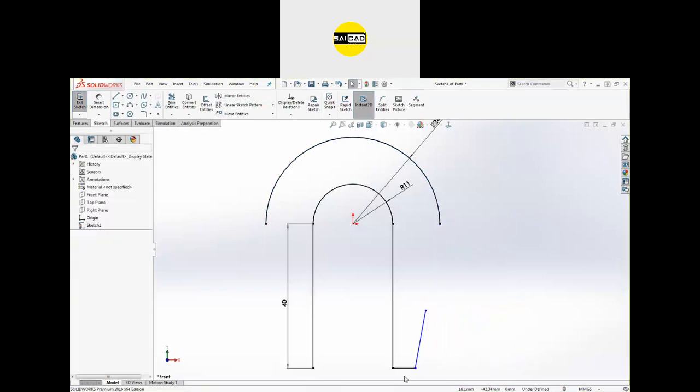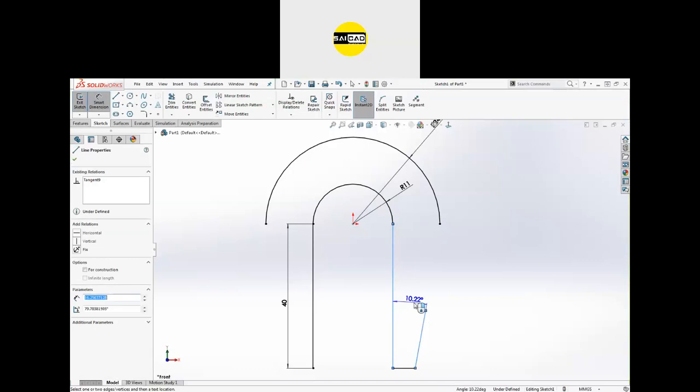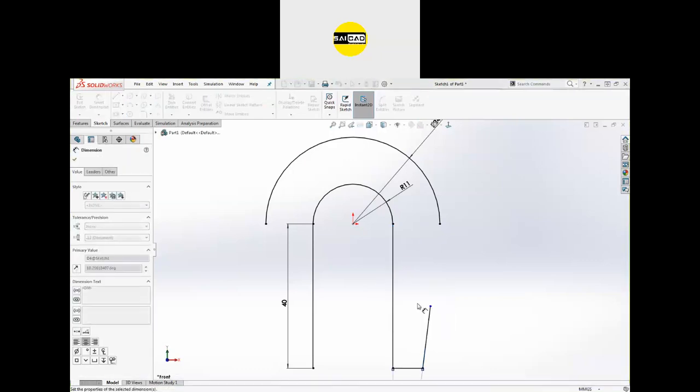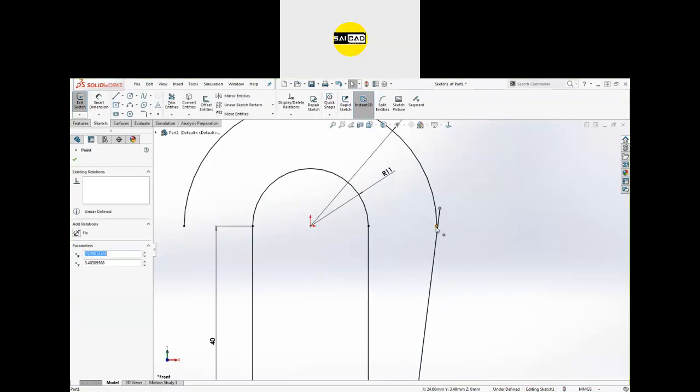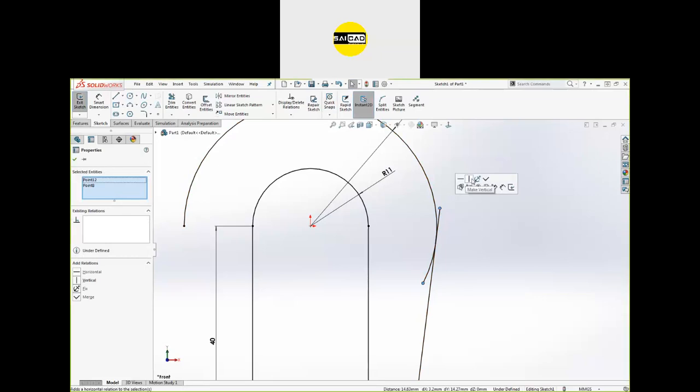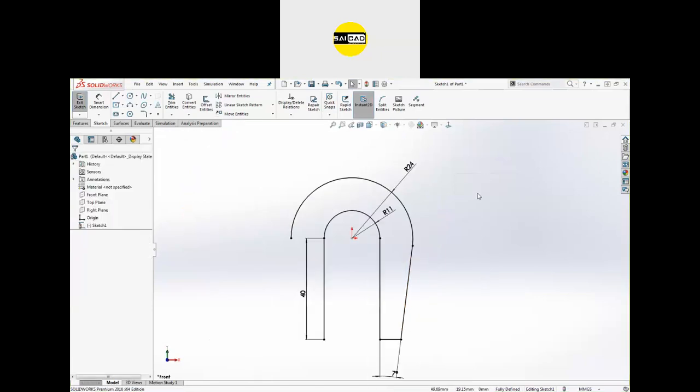Right now this object is moving, so if you check the dimension, we have the angle that is 7 degrees. So find the angle between these two, that is 7 degrees. After that you can just create it like that, or you can select both the points and use the merge option here.